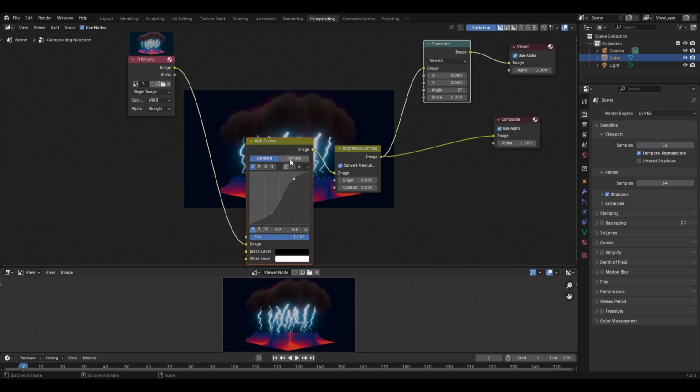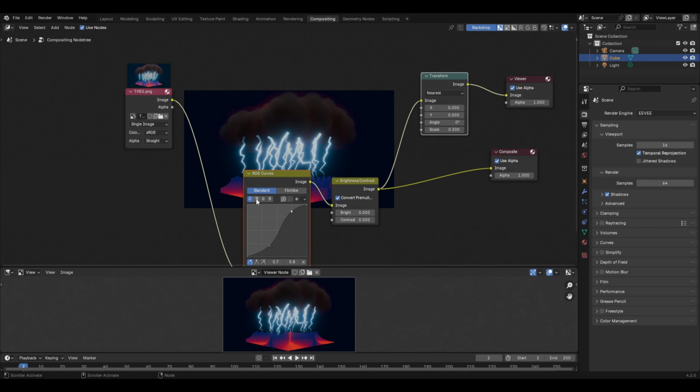Now we just discovered the combined channels in the RGB curves node, but as I already told you, we have 3 more options: the red channel, the green channel and the blue channel. So let's discover each one, and we'll first start with the red channel. So I'll select it, and now I can use this curve to basically increase or reduce the amount of red color in the image. So if I select a point in the middle and move it up like this, then in this case the amount of red color in the image will increase.